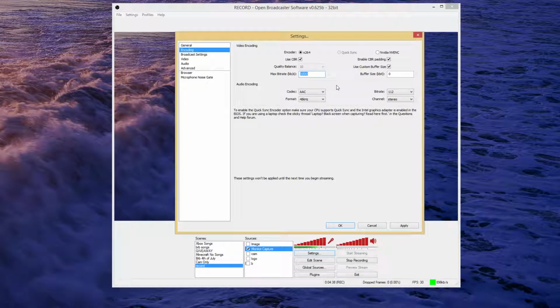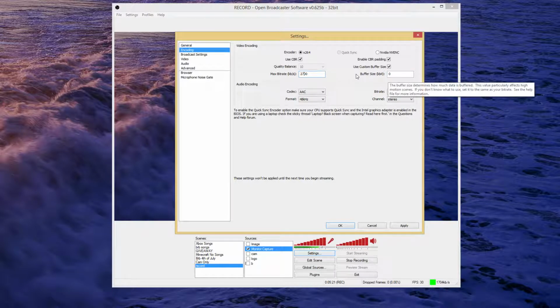So I find, even though I could put it up to 4,000, 5,000, if I go any higher than 2,900, I get complaints about lag. And I've heard from some people they don't really care. They want people with good internet to fully enjoy the good quality, and that's fine. But in my opinion, I'd rather have more people be able to enjoy my content. I mean, it still looks really good. I get compliments on my quality all the time. So I kind of sacrifice that a bit there. I usually run my bitrate around 2700, and if for some reason I get complaints about lag,